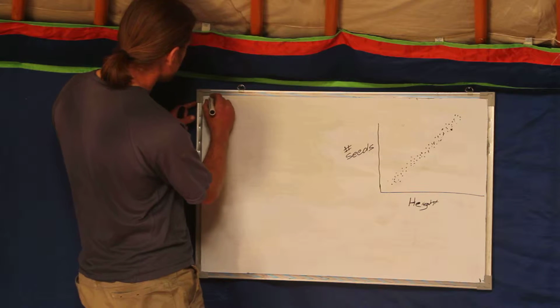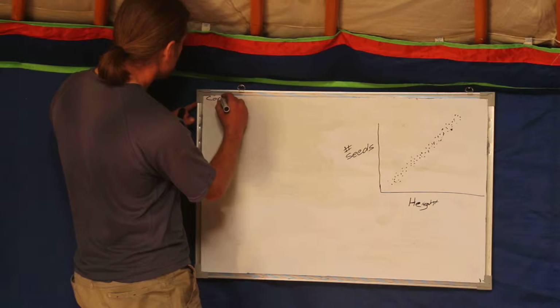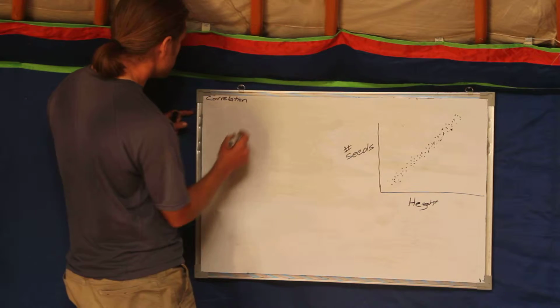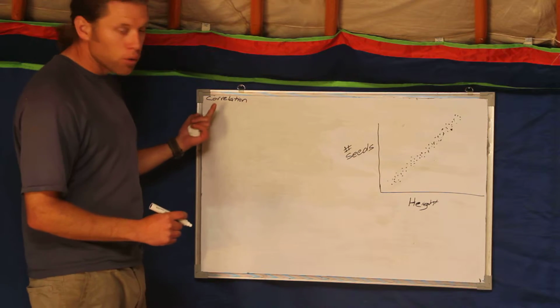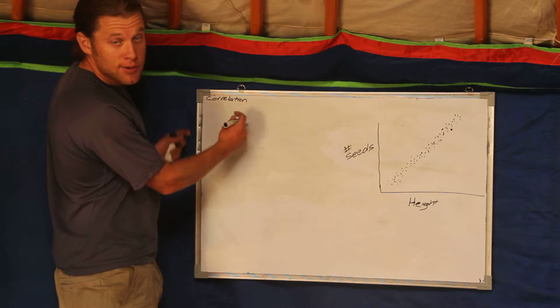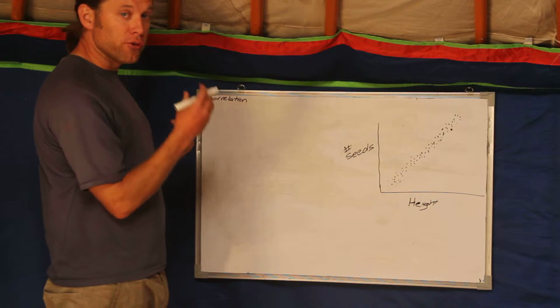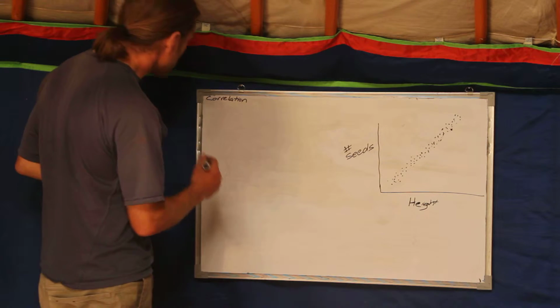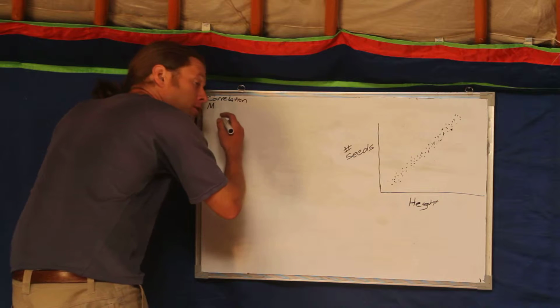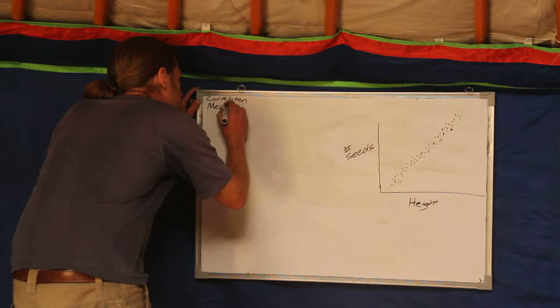So what a correlation measures: if you just look at the word correlation, what is it? It's a relation between 2 variables. And what correlation does is it's really just a number that measures